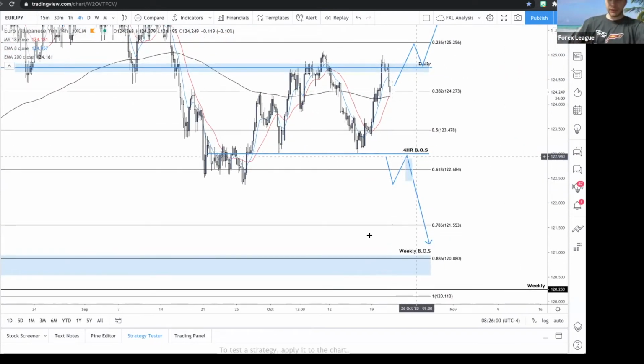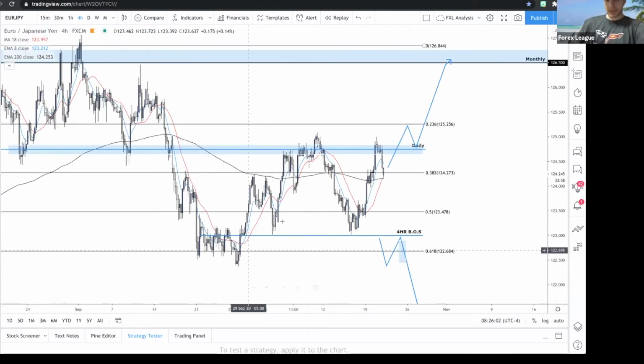We want to see a break of this 4-hour because as this consolidation remains, we have 2 bottoms, 2 tops. This is just a range. I mean, you could play the range if you want to, live on the edge, experience those risky trades. But I don't normally recommend it. So wait for the market to start trending and then enter on either a higher low or lower high